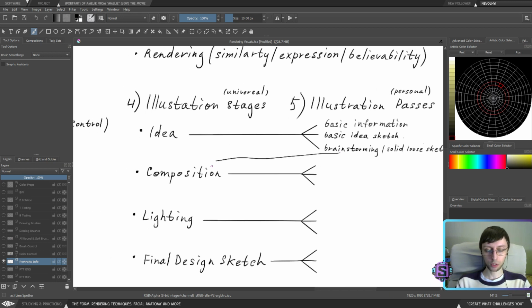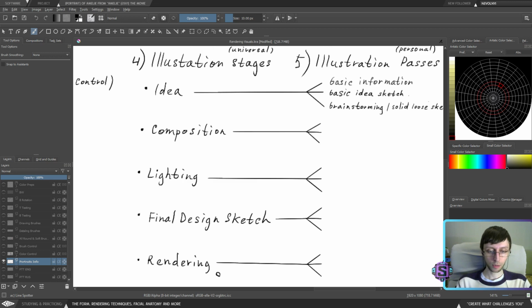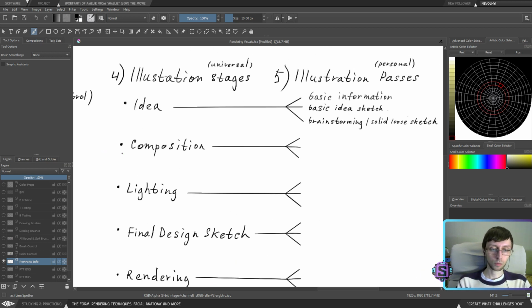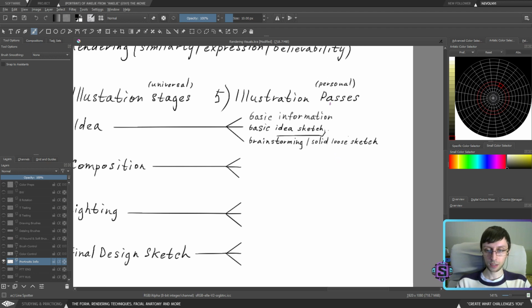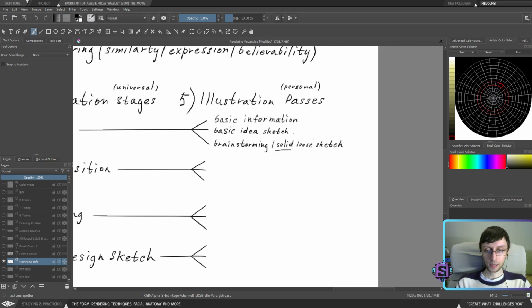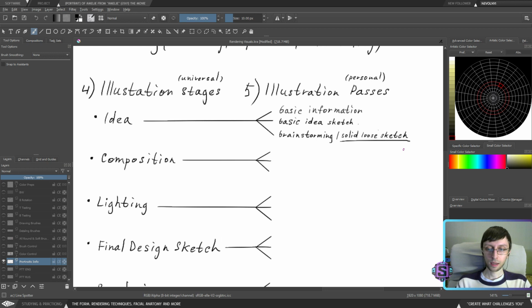Remember, we're working on composition from this stage up to the rendering stage, but we still have a separate stage for the composition when we're going to focus on the actual composition. But we're still going to work on composition while working with brainstorming and with the idea sketch and etc. So in the end, you have to end up with the solid loose sketch that is going to be pretty close to what you need, and then you are ready to go into the composition stage.